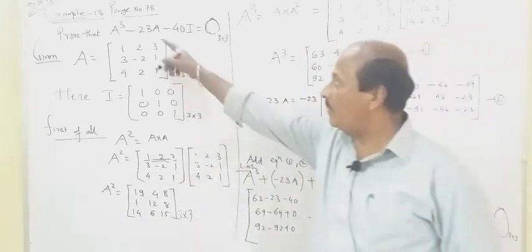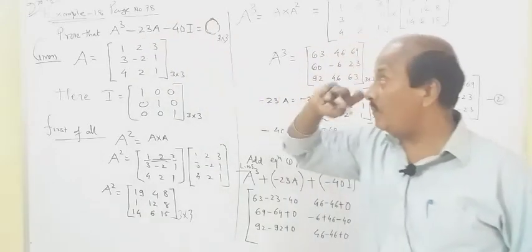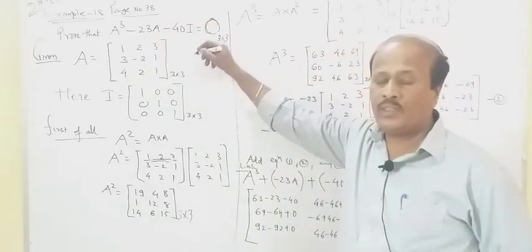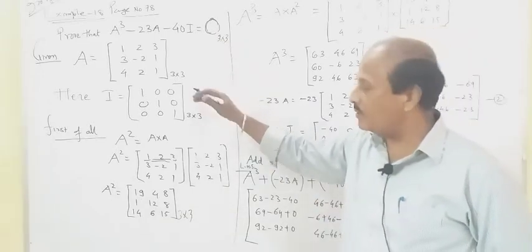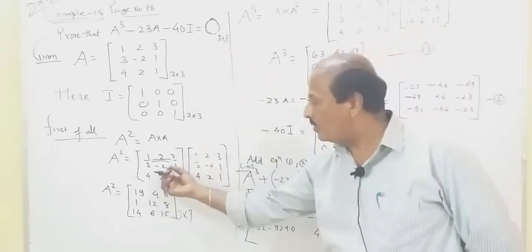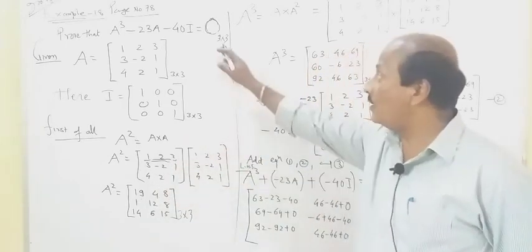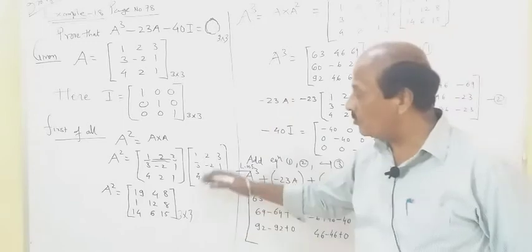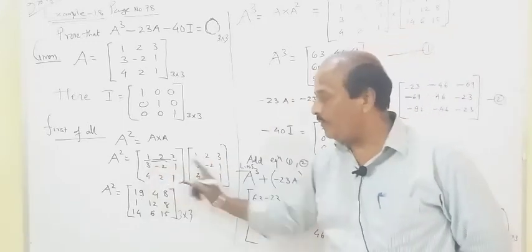Now in our left hand side we have A cube. This is the biggest question. Again I am telling you, usually it comes for a 3 to 4 marks question. So have patience, multiply. If you make a little bit of a mistake here, then you will not get the right hand side, and then checking will take a lot of time. So be careful while multiplying A with A.